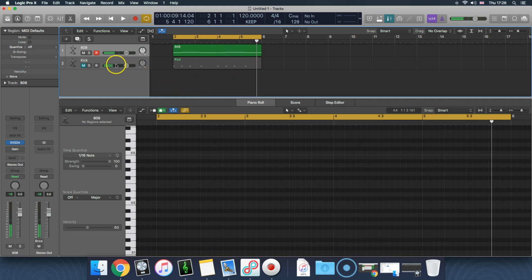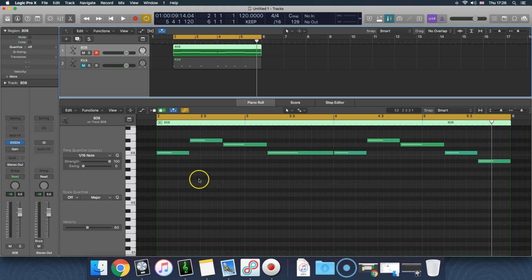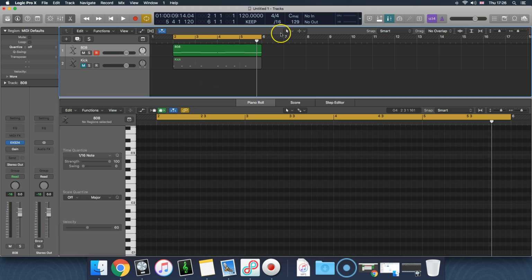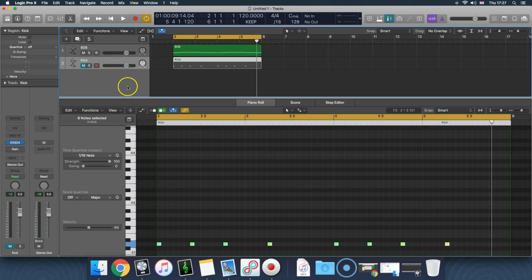Now I'd like to layer that with a nice kick to give it more punch, but I want that kick to be in the same key as the song. So that's C major, which is also the root note of the 808. That's getting a bit more into music theory, but an easy way to remember is that you want everything to be in the same key: the melodies, the chords, the 808, the kick. So we're in C major, and I need to now find out